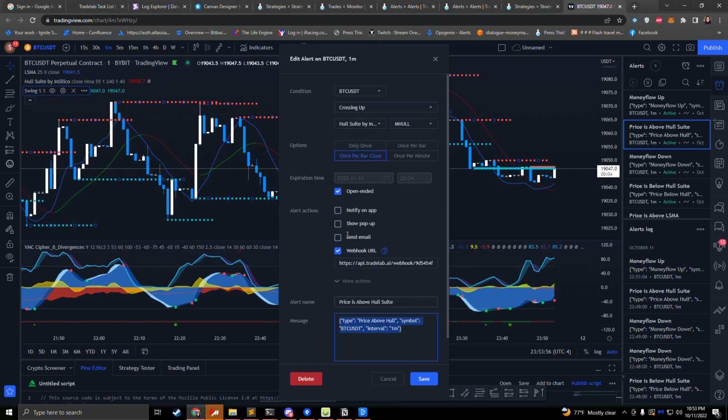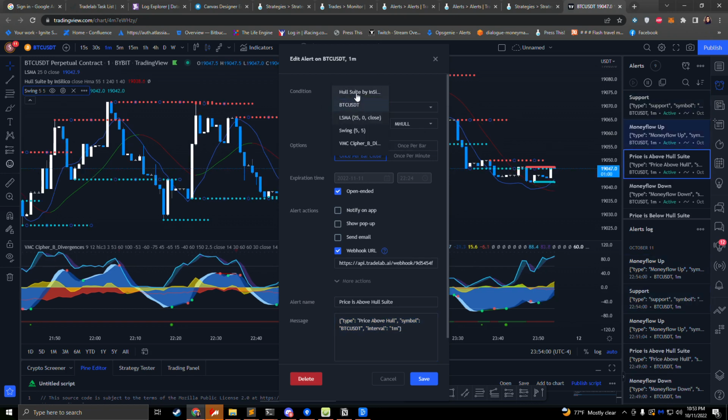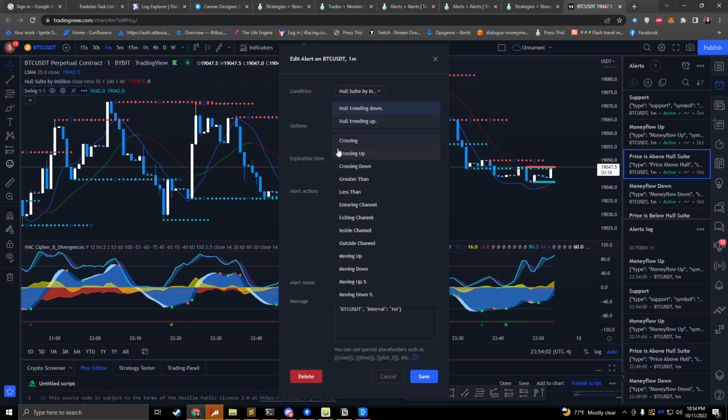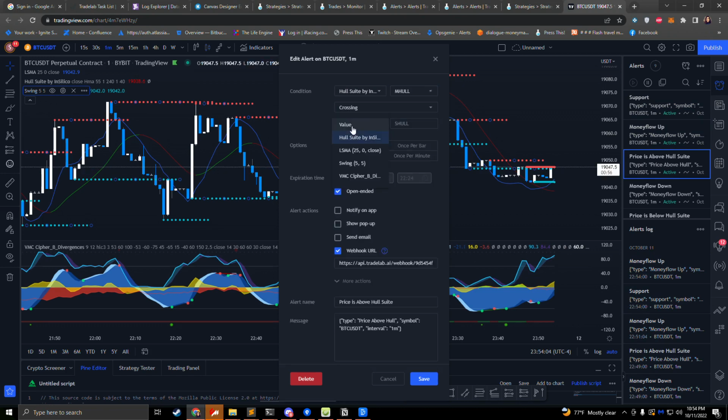But if we needed to, I would have had to swap these and say the whole M suite crossing M whole and do the price. Actually, you can't do the price down here. Or we can do the value. You can't do the price. Weird. I wonder if it still sends the plots if you do. Interesting. I've never actually come into a situation where that was an issue,